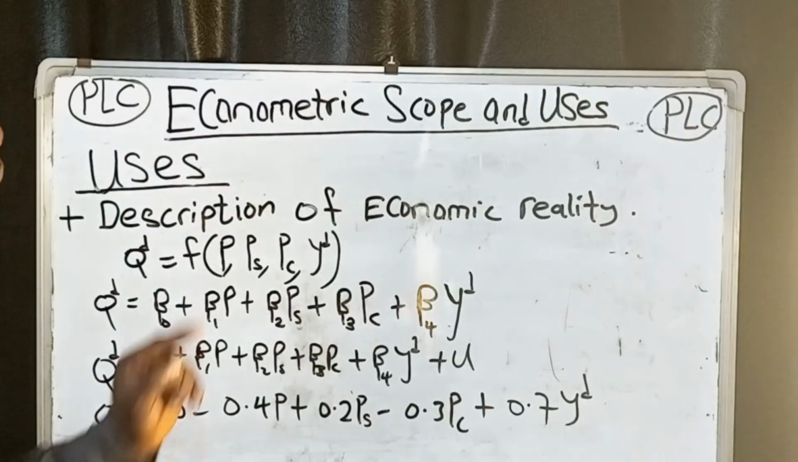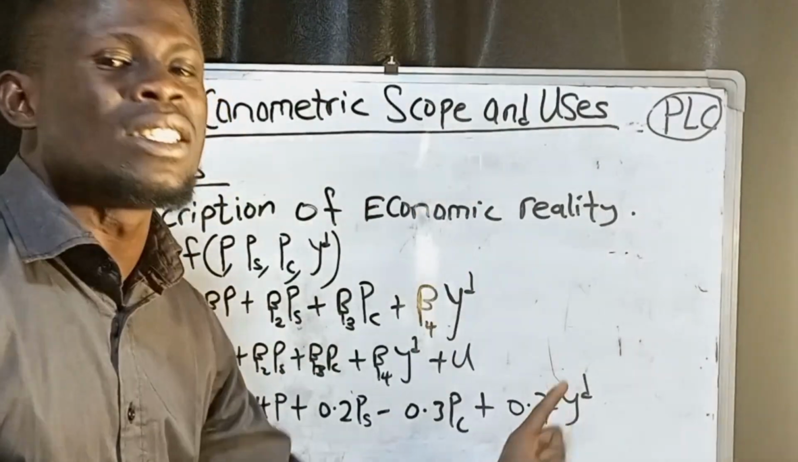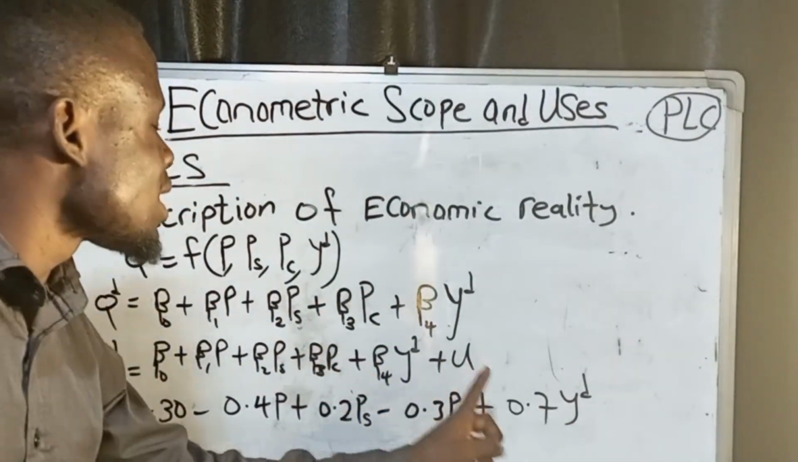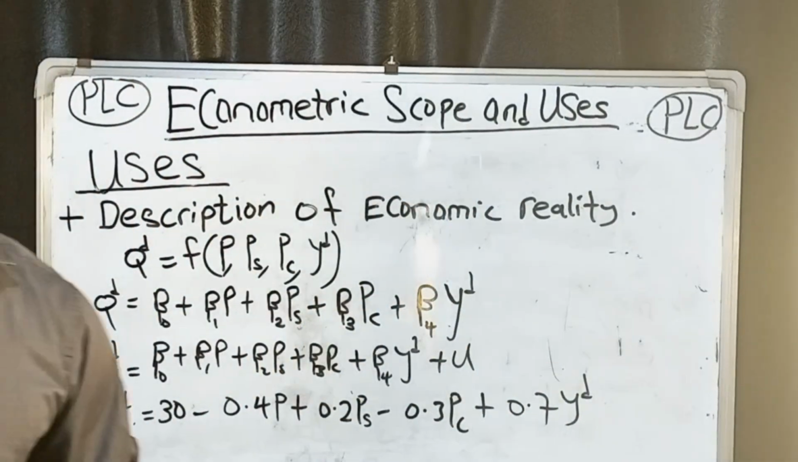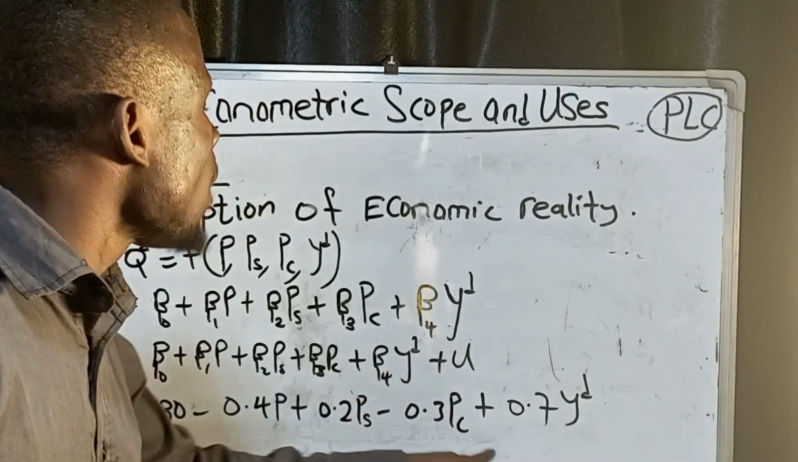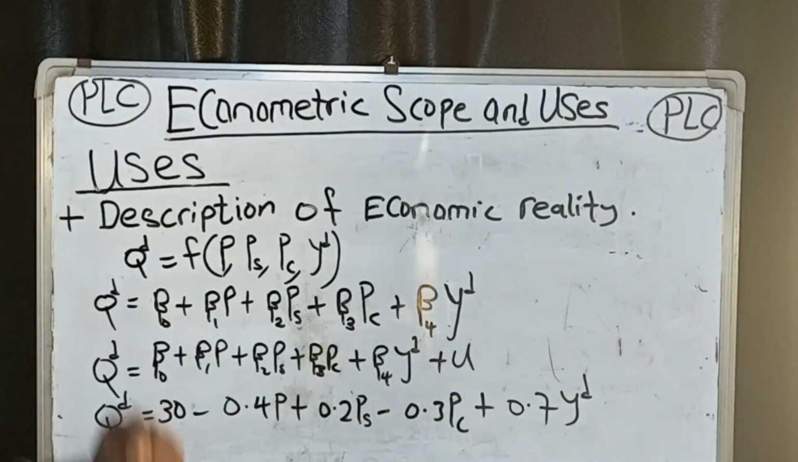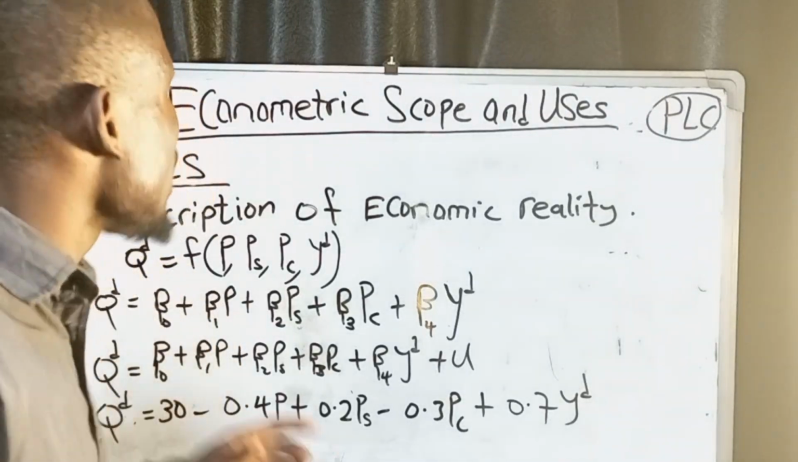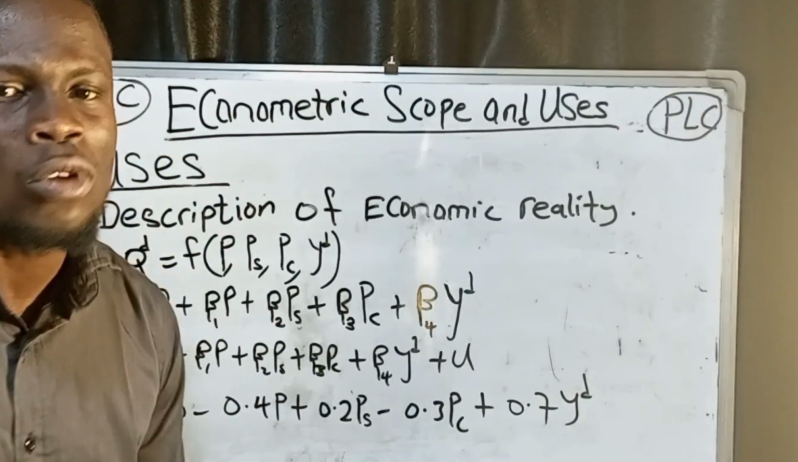It goes further by explaining that a 1 naira increase in our disposable income will bring about a 0.7 increase in the quantity demanded of the commodity. Put in another way, it will bring about a 70% increase in the quantity demanded of this commodity. Now, this is what econometrics does for us. It enables us to